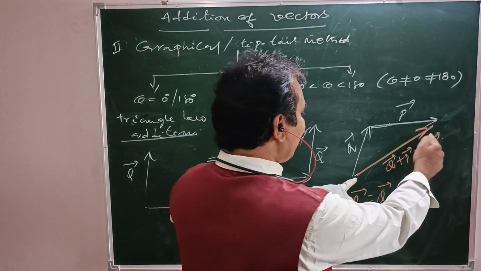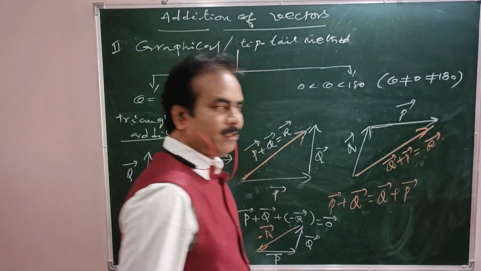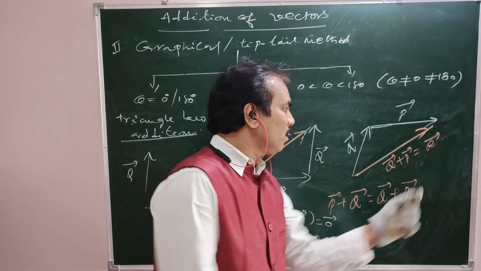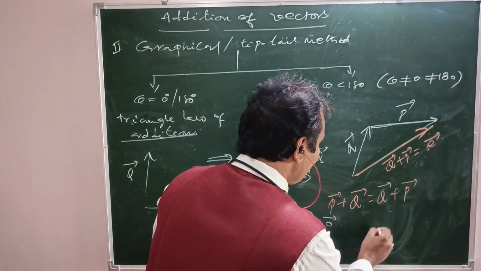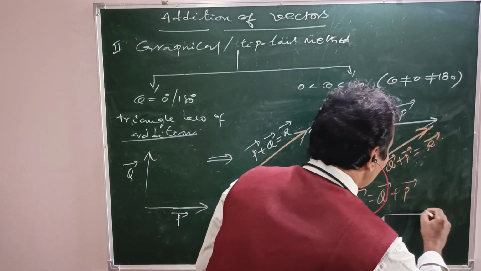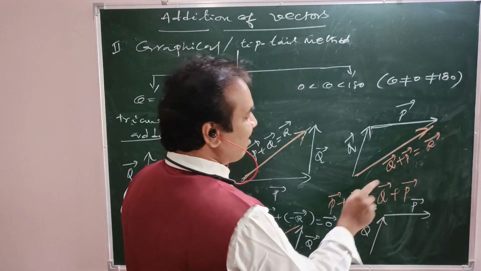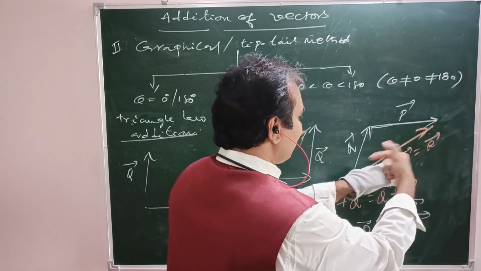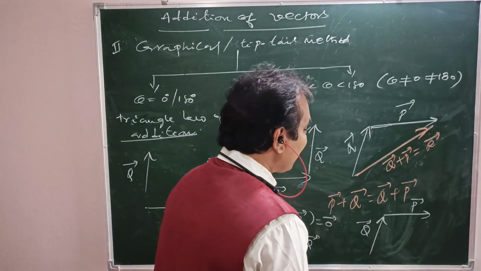Here also, if this resultant is flipped end to end, just make it reverse at the same place, at the same position. What happens? See, this is the diagram. Here Q bar, here P bar. These two are taken in the same order. Why? Because head and tail are joined. Now, the third side, if it is reversed at the same position and joined at the same place, you will have a diagram like that. See?